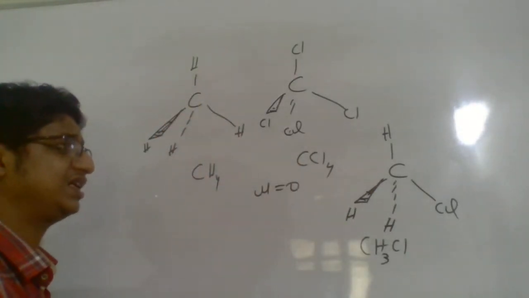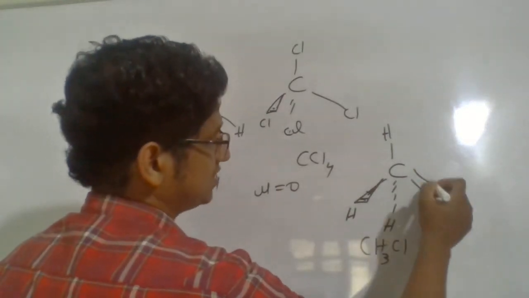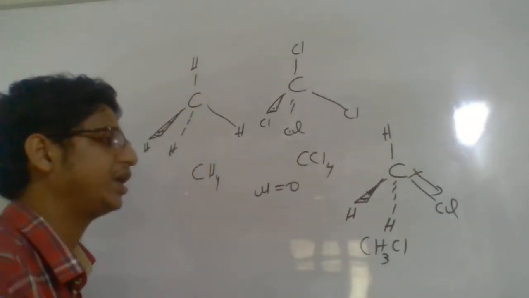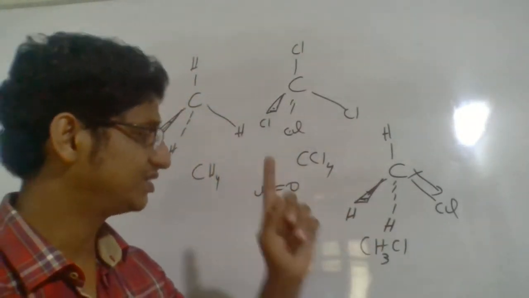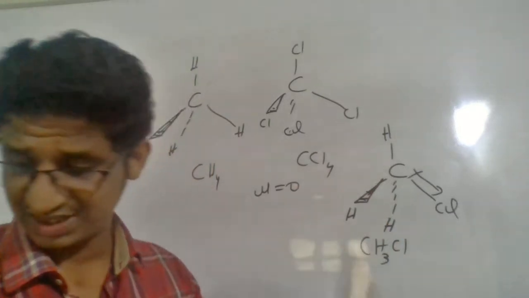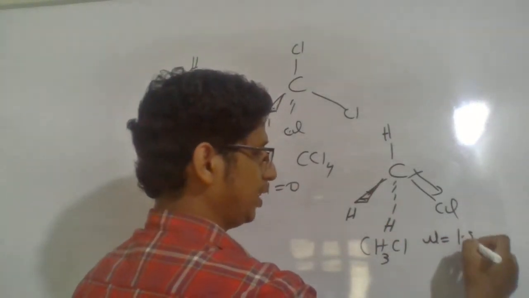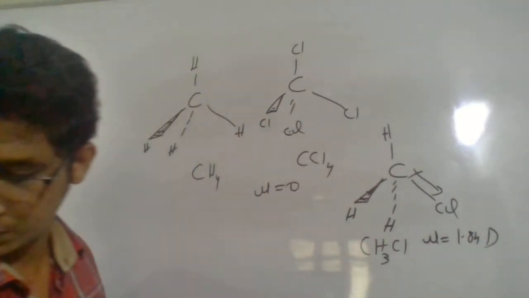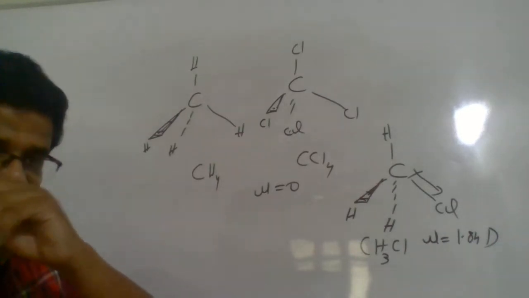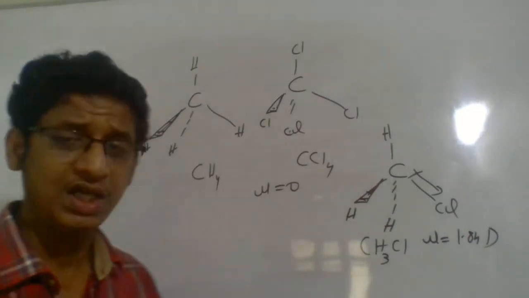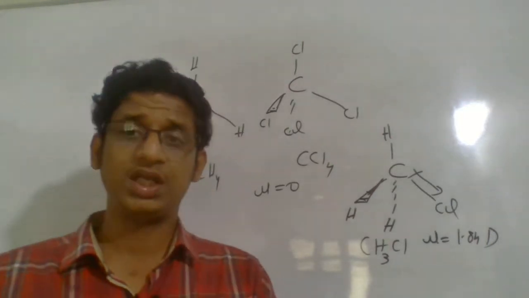So in CH3Cl, you can see a dipole moment is there now, towards the chlorine direction, where chlorine is more electronegative. There is no real cancellation of dipole moment in CH3Cl. That means CH3Cl has a dipole moment equal to 1.84 D, while the dipole moment is 0 for CH4 and CCl4. So dipole moment is definitely influenced by the electronegativity difference between the two atoms, but